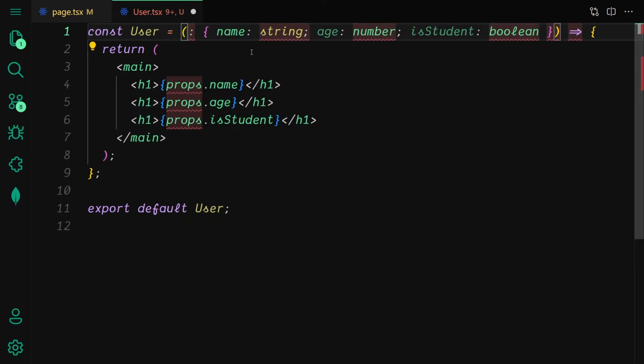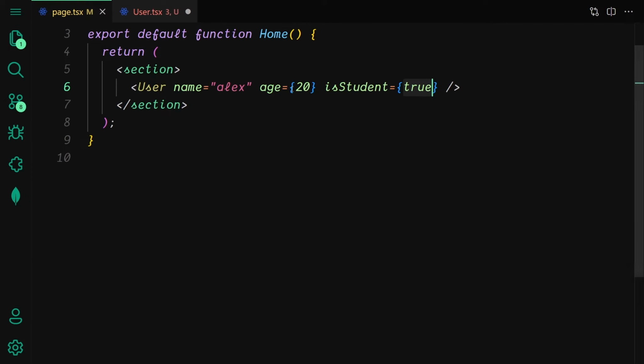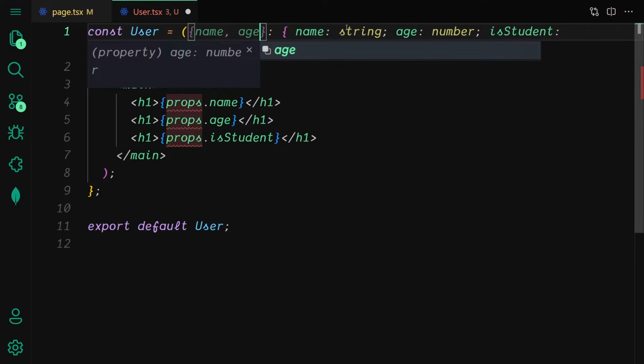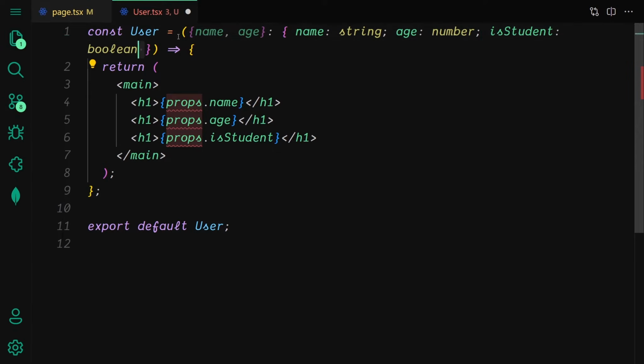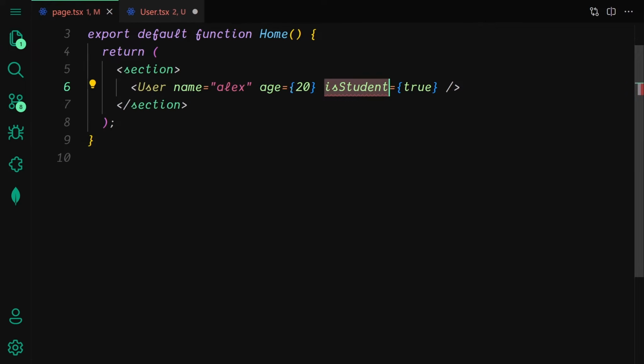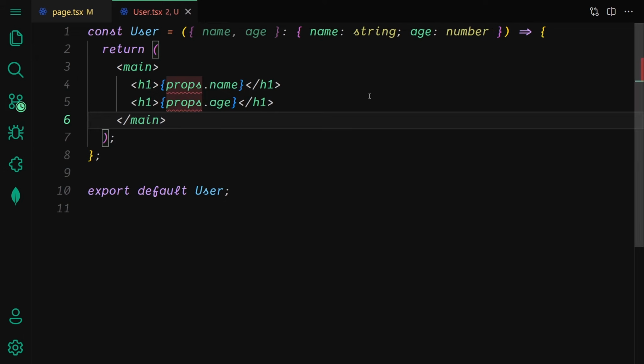Let me just remove them, and we just have to add one more curly braces right here, and inside these curly braces we just have to specify these property names like name, age, isStudent. So now let me just write name, age, and isStudent right here. Okay, or I want to remove this isStudent because that's a bit awful. Let's just remove this student from here and also from here as well, and let me just remove that from here as well. Now let me just save this file, and now if I hover my mouse over to that,